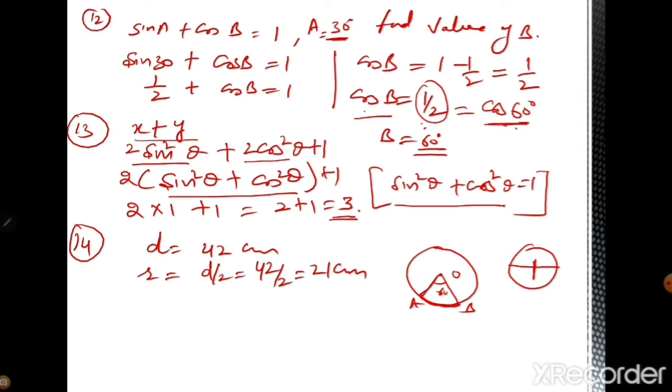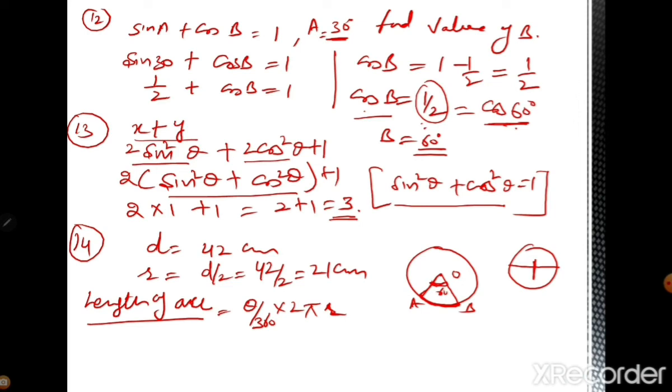So there is one formula for length of arc. Length of arc is theta by 360 degree into 2 pi r. That is the circumference, you can say that. So this full is the length of arc. This angle is subtended by that arc, so we'll take that angle, and 2 pi r the circumference. So this is the length of arc.